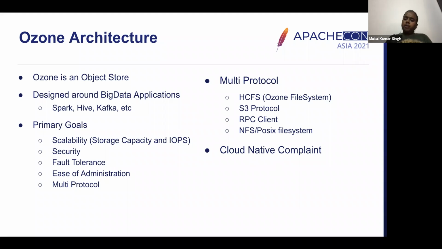Another important thing to point out is that right now everything runs on top of containers. So Ozone is also cloud native, and with cloud native I mean it can run on top of Kubernetes, and we actually use it to test our system. Apart from that, Ozone volumes can also be exposed inside Kubernetes containers, where the application running inside Kubernetes can write to Ozone as well.